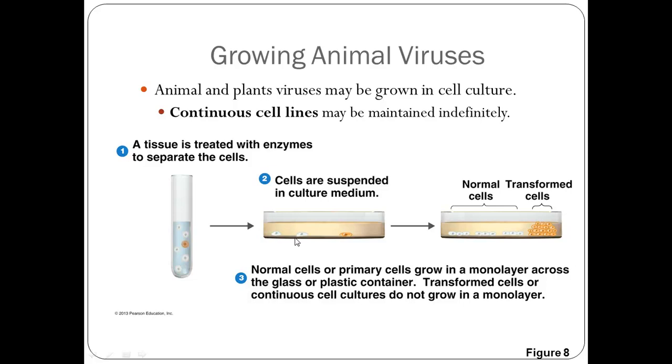Right? So this is our cell culture. These cell cultures may be called continuous cell lines because they may be maintained indefinitely. However, if I infect this monolayer with a virus, they're no longer going to grow in a monolayer. They're going to grow as tumors, in which they grow on top of one another. Here ends Part A of Chapter